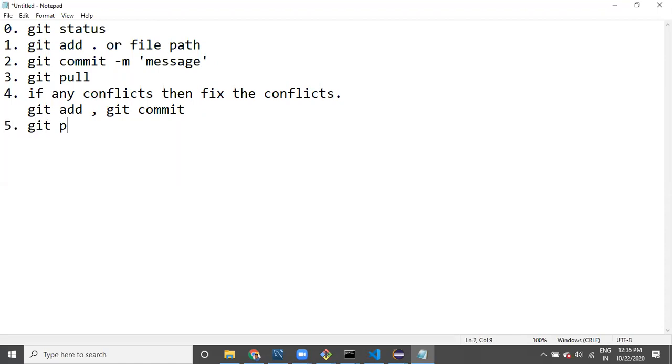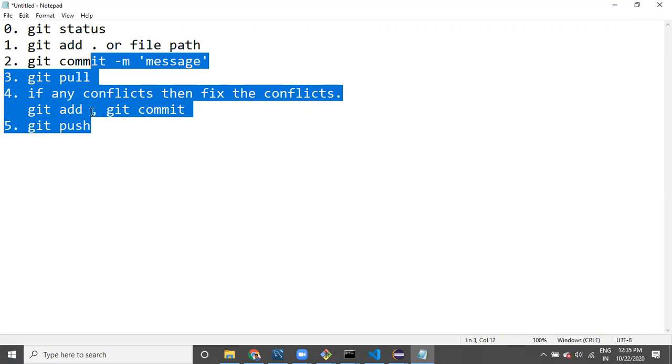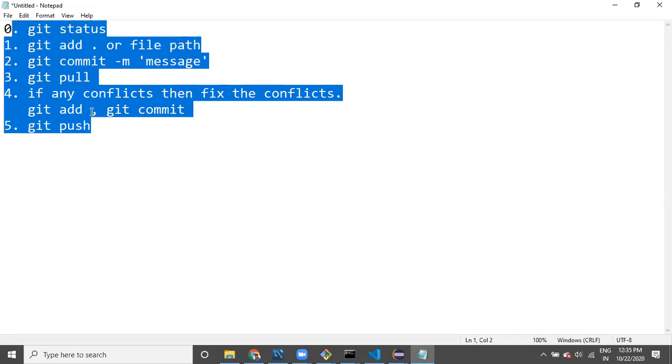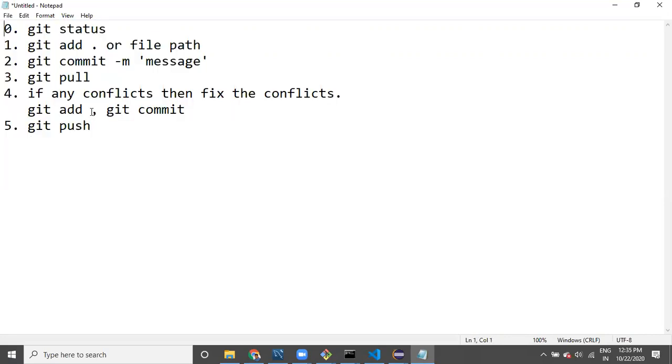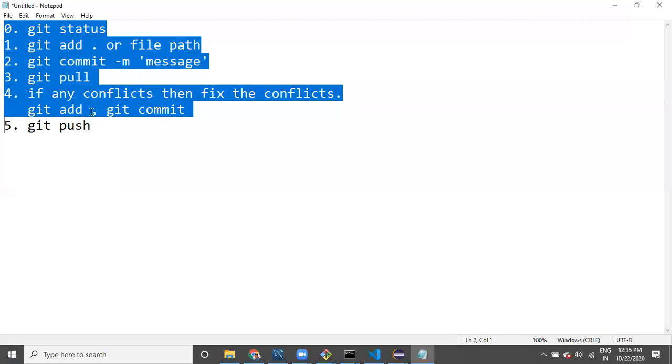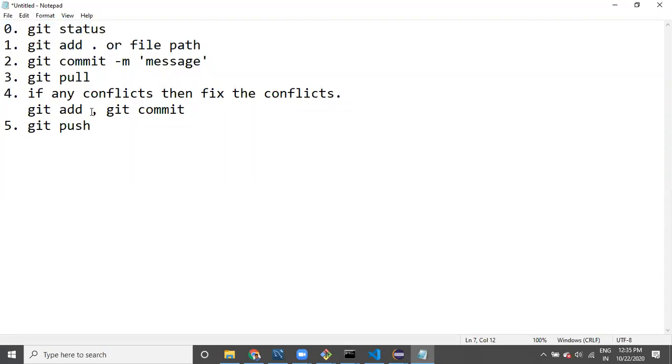Next, git push. These are the steps you need to follow normally, guys. Sometimes, instead of working with the main branch, you have to create your own branch. You have to create a branch.